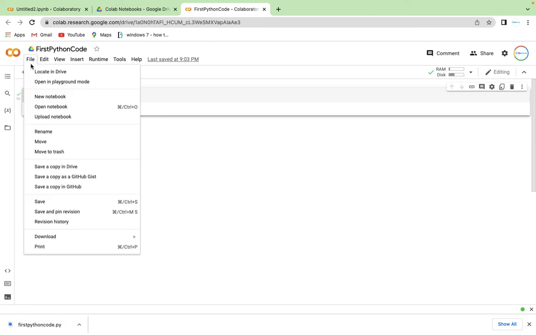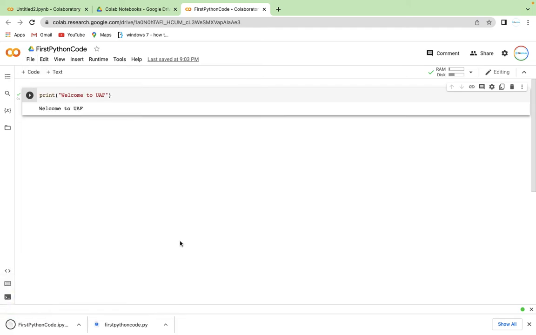And also, you can download it in another way called .ipynb. This stands for IPython notebook. So this is another way to download it. We will learn in more detail at the end of this course regarding these two different extensions. But for now, this is the way how you can download it. If you just click it, you will see that the same code that you have written here will be opening